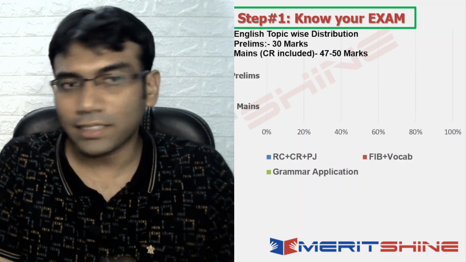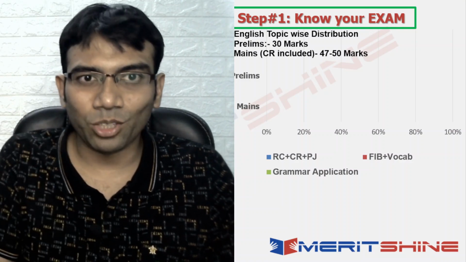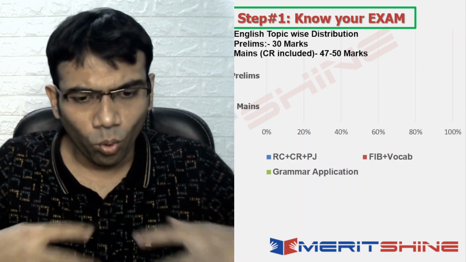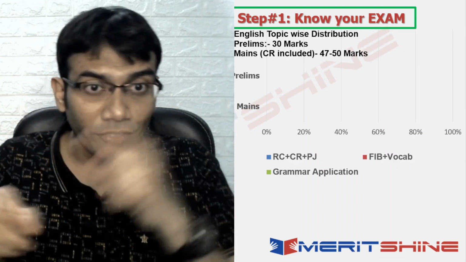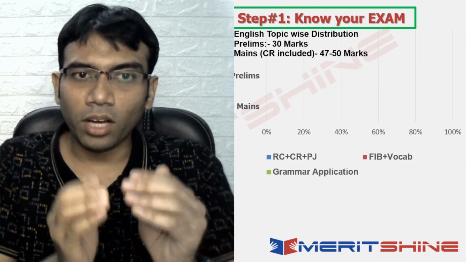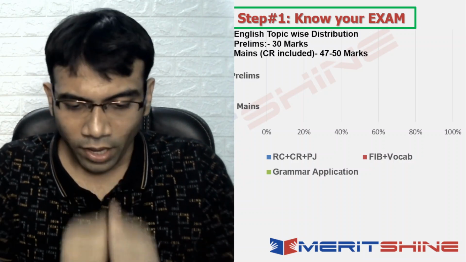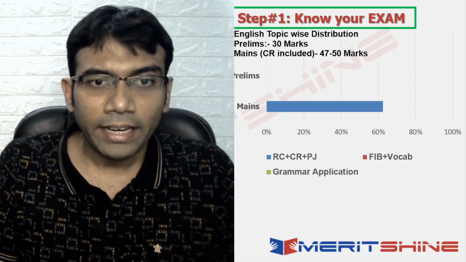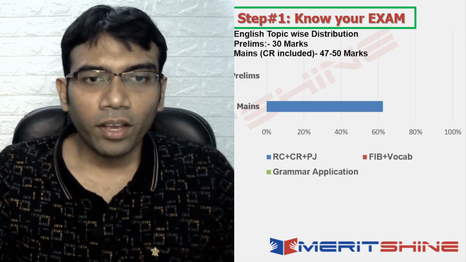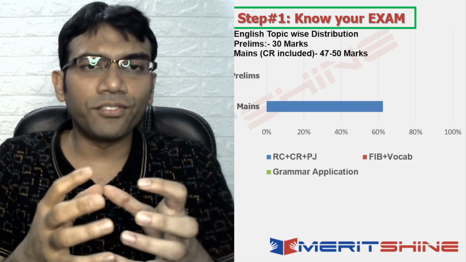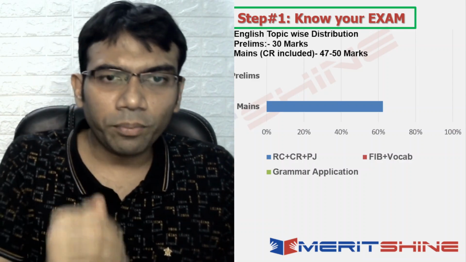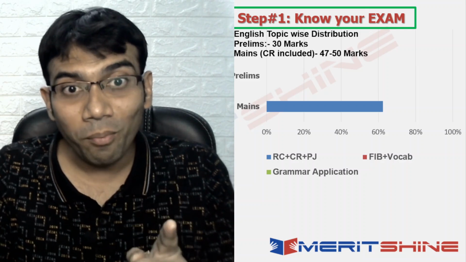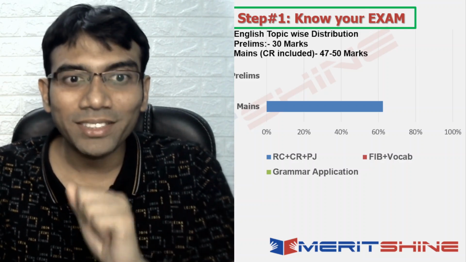segment. And the green segment is grammar application questions. So English usage questions, error correction, error spotting, all of these kinds of questions, match the following, all of these kinds of questions would come in grammar application questions. Okay. Now, what has been their distribution? Let's look at it. In mains, this is the cumulative effect of the past 2-3 years. So in the past 2-3 years, we are seeing more than 60% from RC, CR and PJ, from the